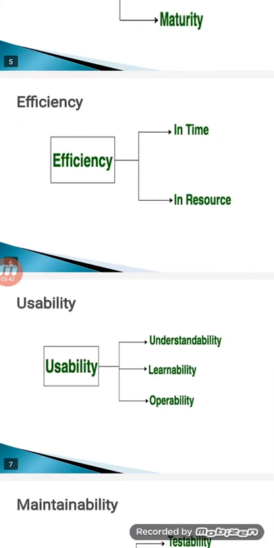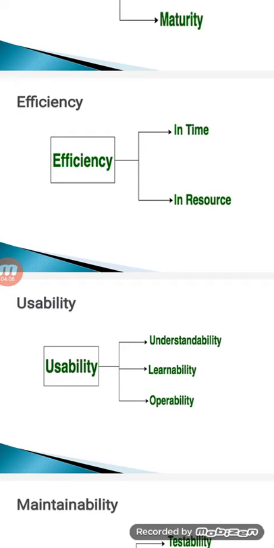Next one is usability. When you talk about usability, it refers to the extent to which the software can be used with ease: at what level of ease we can use the software, and the amount of effort or time required to learn how to use it. For all these things, we should have compatibility. That is ease of use. That is most important here in the characteristics of software.